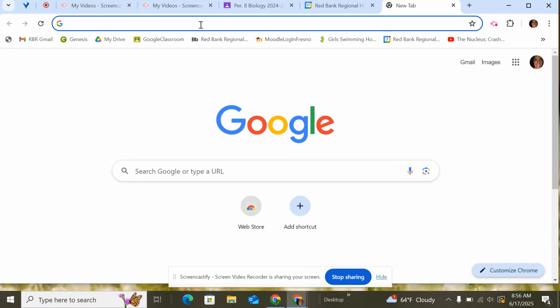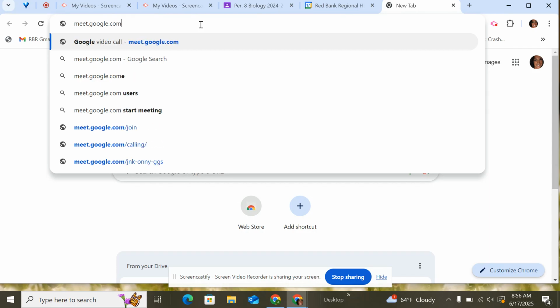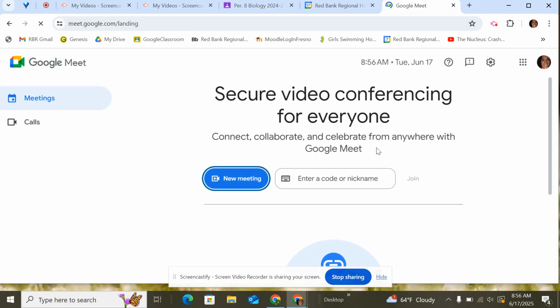And then the other way to join a Google Meet link is through using a code. So meet.google.com. You can enter in a class code. Now,